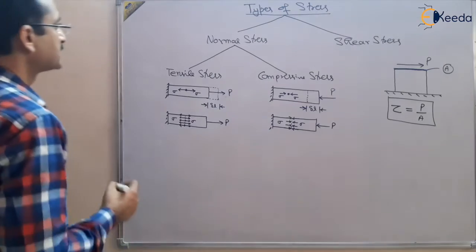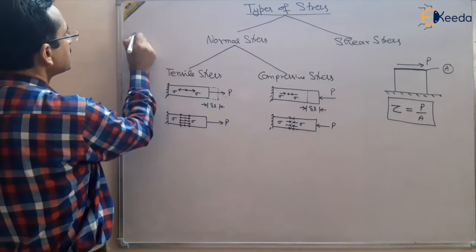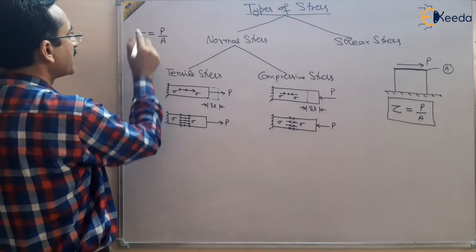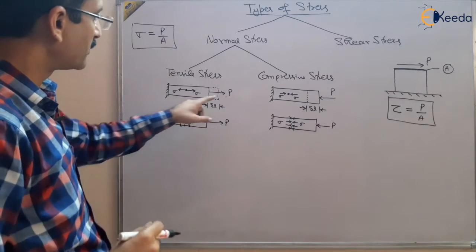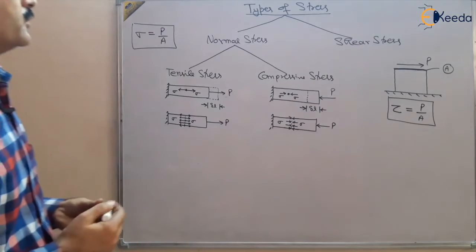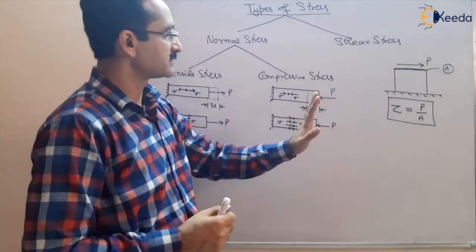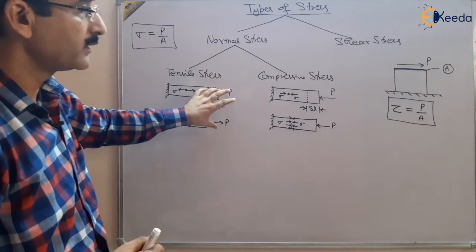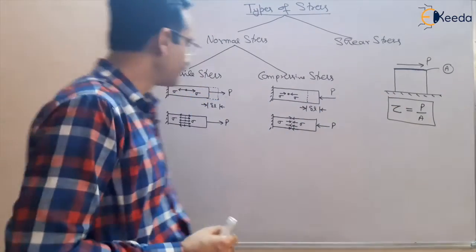And for normal stress, as we have already read, stress is equal to load per unit area. It may be tensile or compressive, depending on what type of load, whether it is trying to elongate or shorten the body. So we have normal stresses and shear stresses: normal stresses acting normal to the area, shear stresses acting parallel to the area. Now,